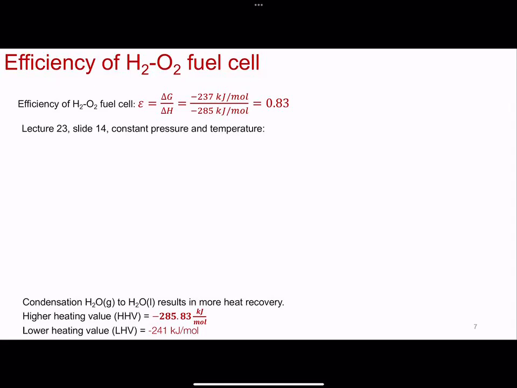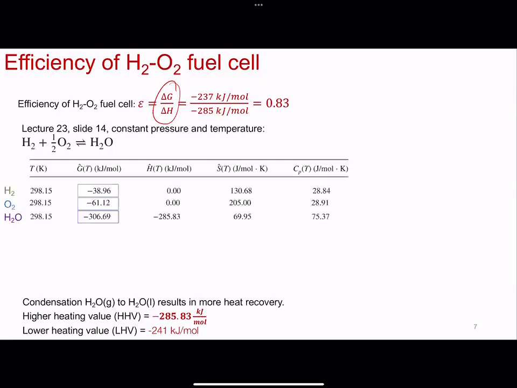then we do the same thing for fuel cells. We say, okay, how efficient is a fuel cell? If I input hydrogen and I input oxygen or I input air to get the product, how efficient is this reaction? So the efficiency is defined as the delta G divided by the delta H. And we calculated what the delta G of the reaction is, right? We looked at the table, and so we said, okay, so back in lecture